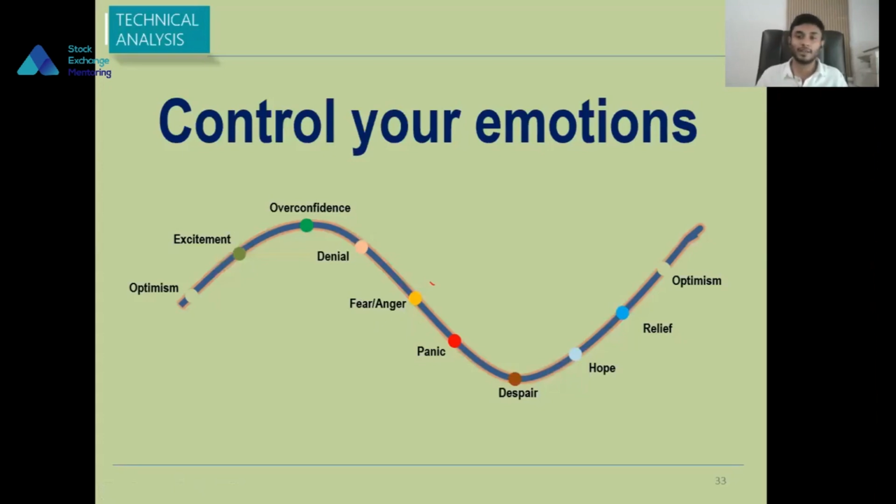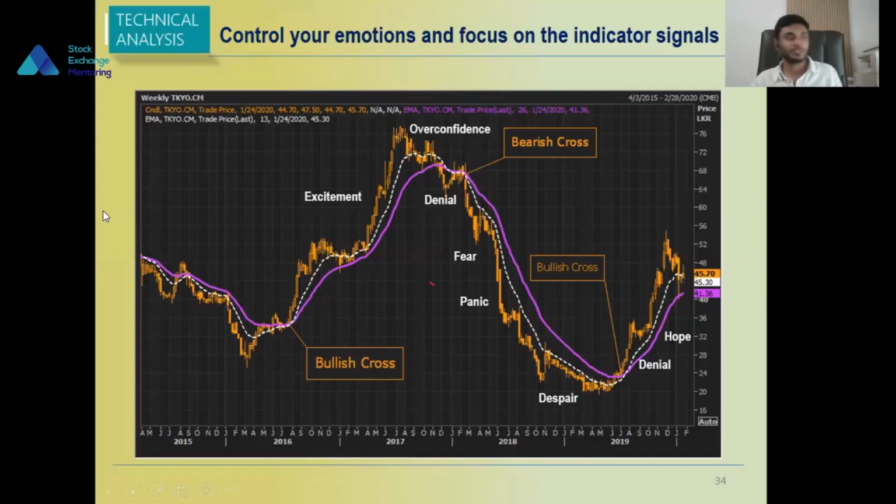So instead of making your decisions based on emotions, as a professional trader, you can look at this particular chart. The same emotions can lead you to make wrong decisions, but instead, within this price information, if you pay attention to our technical indicators, the moving averages, they give you bullish and bearish crossover points, the continuation of the trend, and the avoidance of the bearish trend.